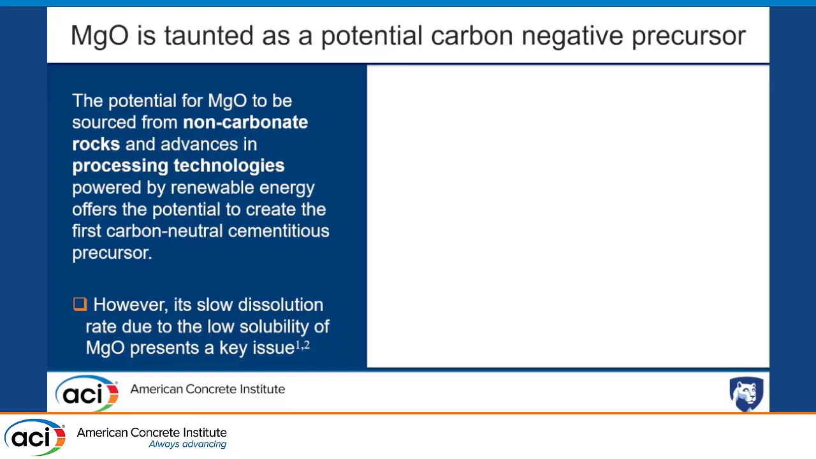for a cement. Now, the problem is that magnesia has a very low solubility limit, lower than calcium oxide. Its dissolution rate, you can see, is very slow. And that's an asterisk there. We're going to see a little bit more about that. Now, a key issue